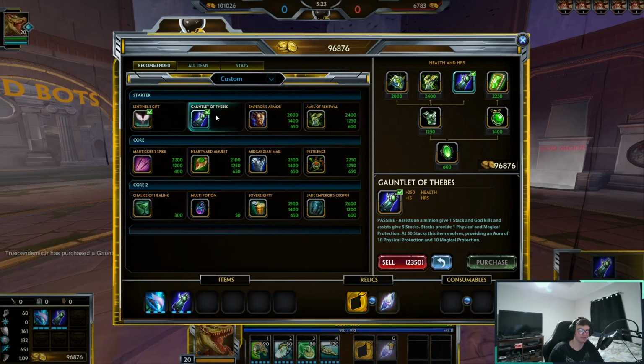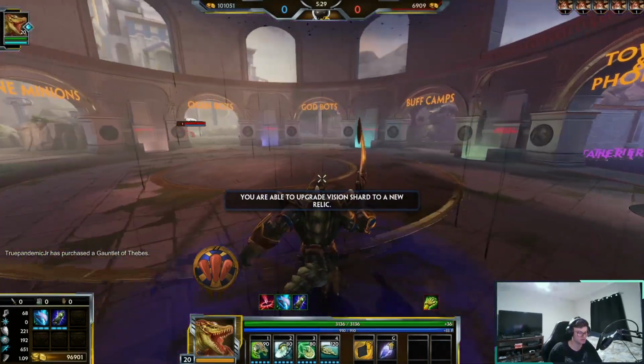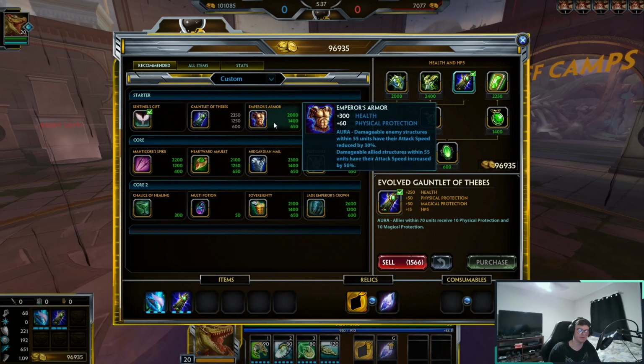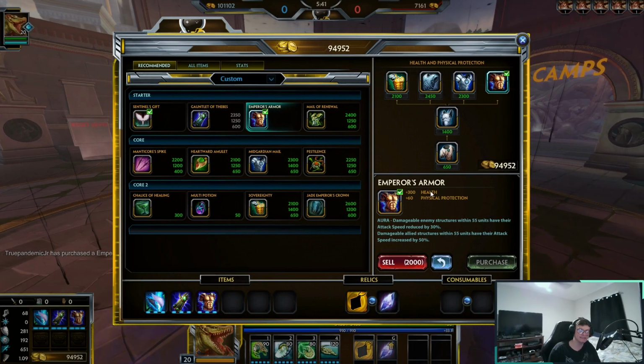Next, I'm going Gauntlet of Thebes because it gives you a bunch of health and protections when fully stacked from assists, so it's great if you're playing with a hunter that's building stacks or whatever. It gives you an extra 50 magical and physical protections for building its stacks. Next is Emperor's Armor, where you get 300 health and 60 physical protections. It also lowers the attack speed of enemy towers and increases your tower or Phoenix or whatever structure you're using